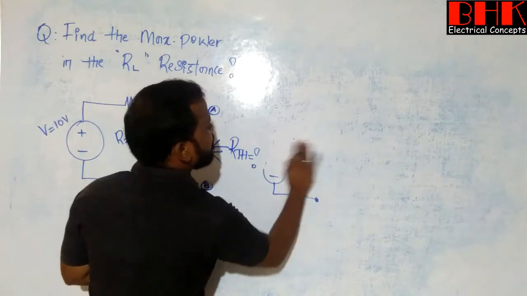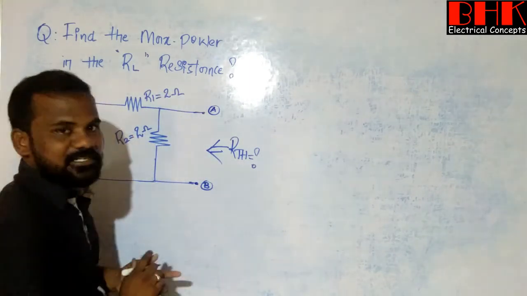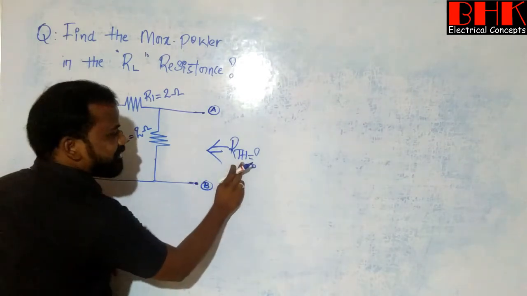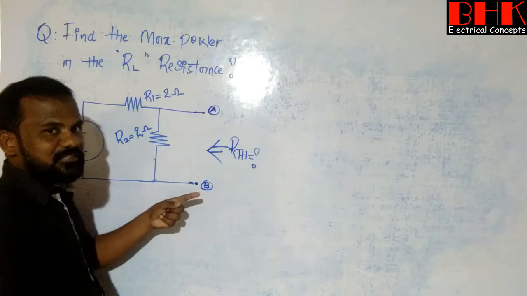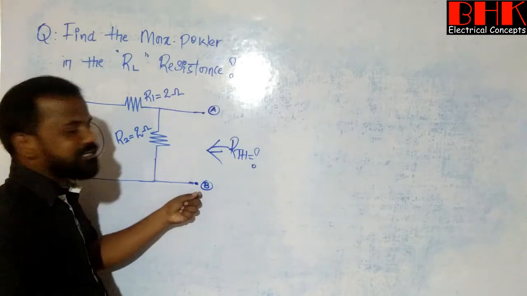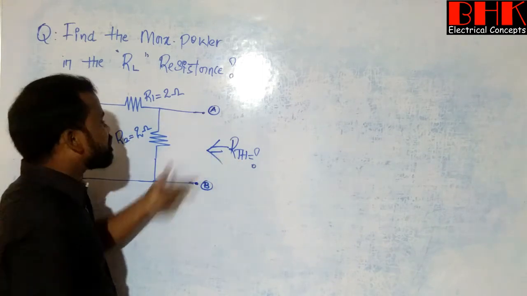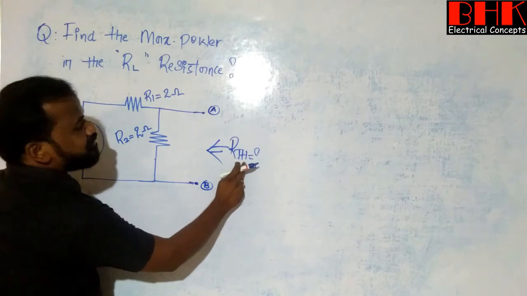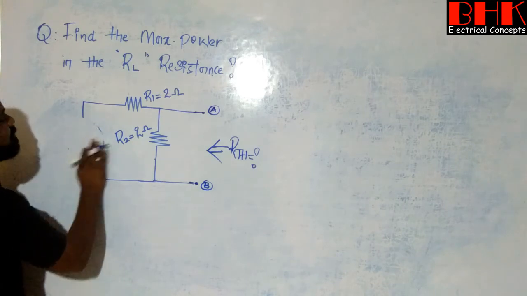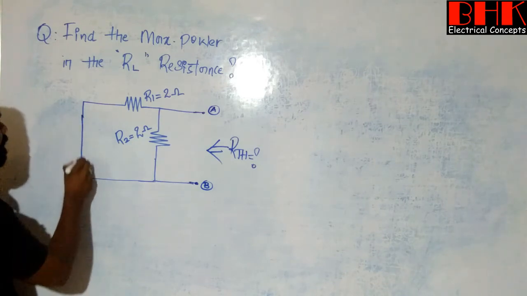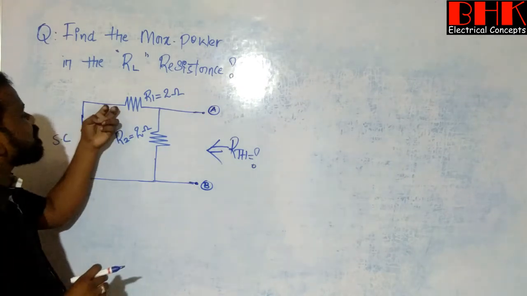Yes. Now see here. Now I want to calculate the value of Thevenin resistance. Clear? Yes. And this Thevenin resistance is always calculated across open terminals. Clear? After disconnecting the load resistance, this is the open path. We need to find the Thevenin resistance always across these open terminals. Clear? Now see here, when I am going to find the value of Thevenin resistance, all voltage sources must be short circuited. It means what? Instead of the voltage source, I am going to take a short circuit like this. Now the circuit consists of only R1 and R2.